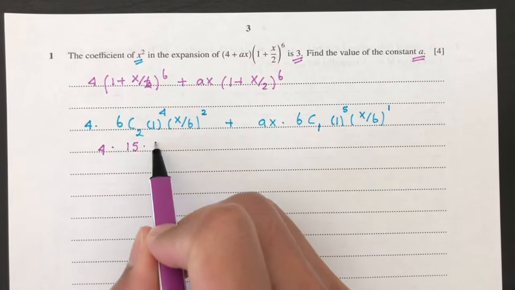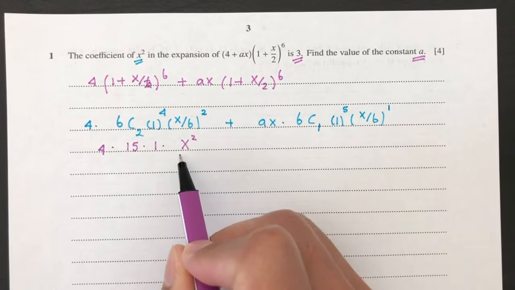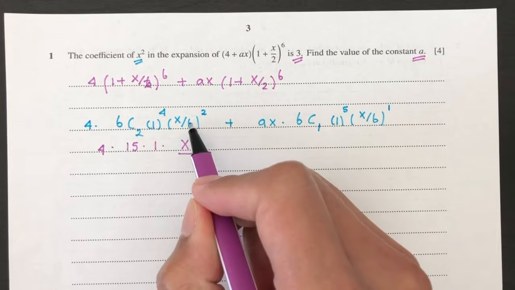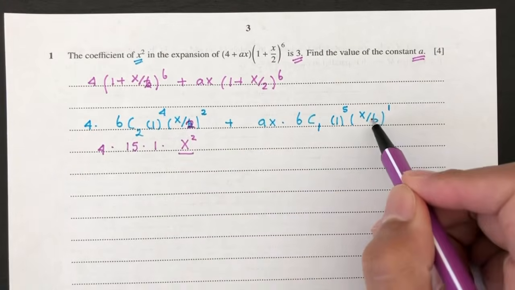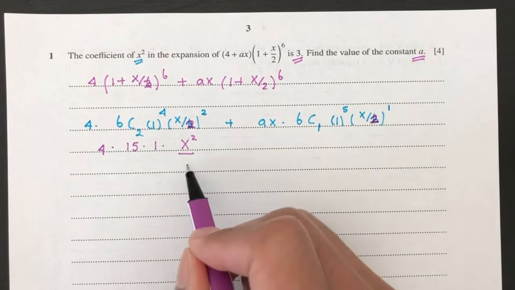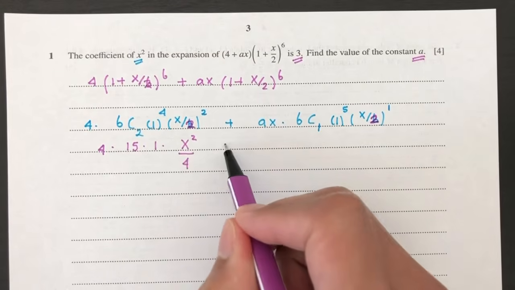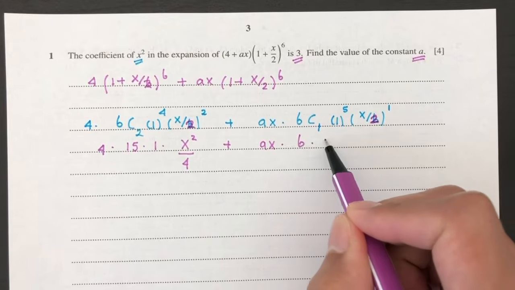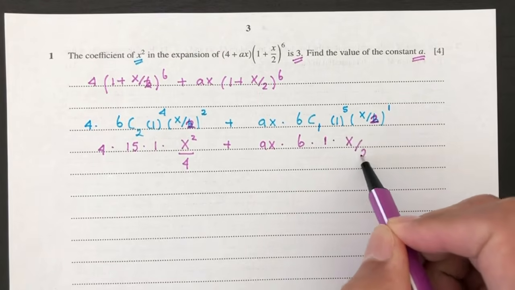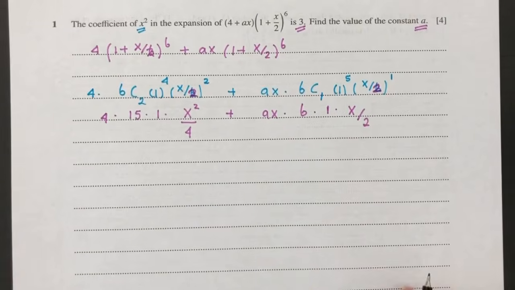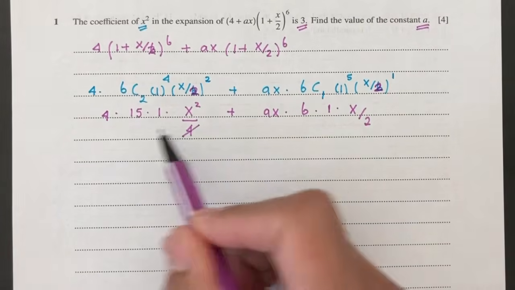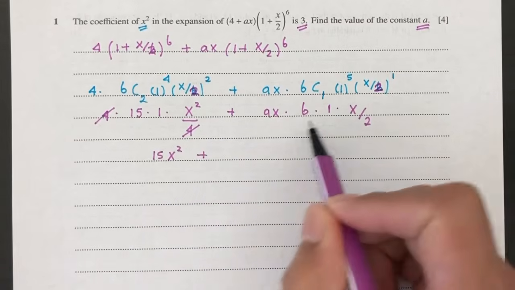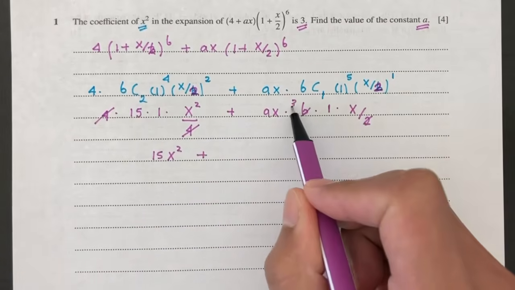So 4 times 15 times 1 times x squared over, it's actually 2, not 6. So this is a mistake, this is 2, not 6. That will become 2 squared, which is 4, plus ax times 6 choose 1, which is 6, times 1 times x over 2. Now let's try to simplify this. Let's see what we have. This 2 goes away. So here we have 15x squared plus 3